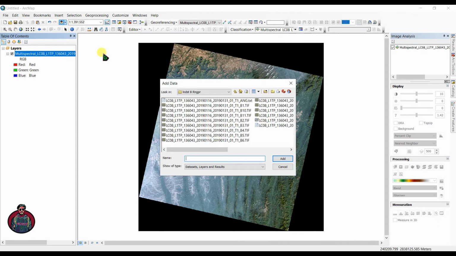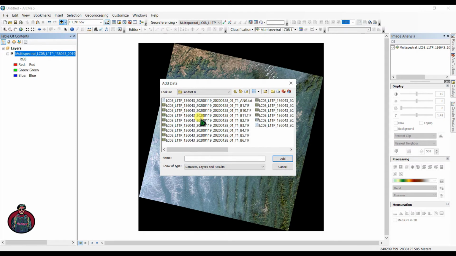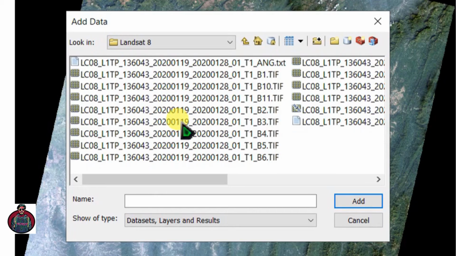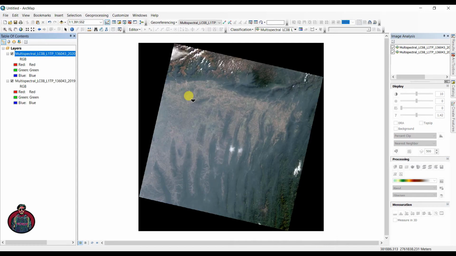I have another picture, and that is from January 19 to 28, 2020, and you can see both images are collected in January. So let's add this data from here too, and you can see these two data are added in here, and now we can examine the differences between them